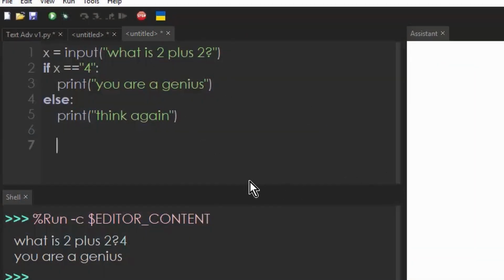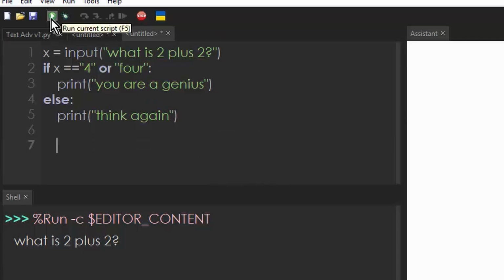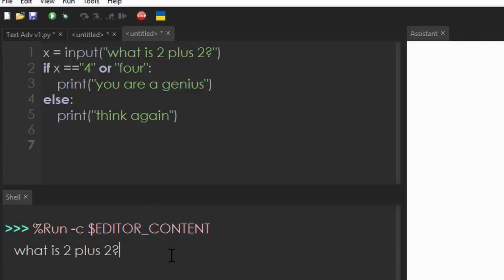Okay, now what if we wanted to allow both this, but also we wanted this, the word four, to be a correct answer? So how could we do that? Well, we can use OR. So if x is equivalent to the number 4, or 4. Now this is wrong, I'm illustrating a common problem. We can fix it, but let me show you the wrong version first. So it looks right, that's why I'm going on about it, because if I type in 4,